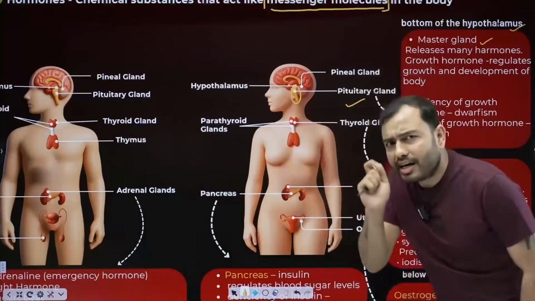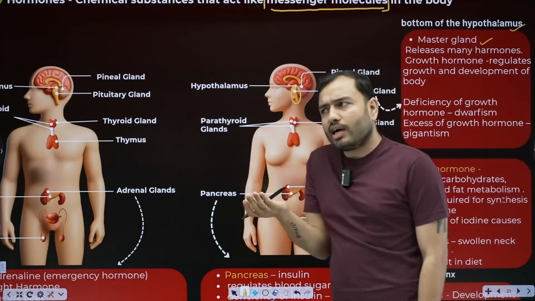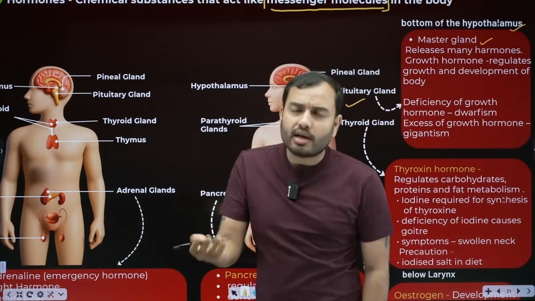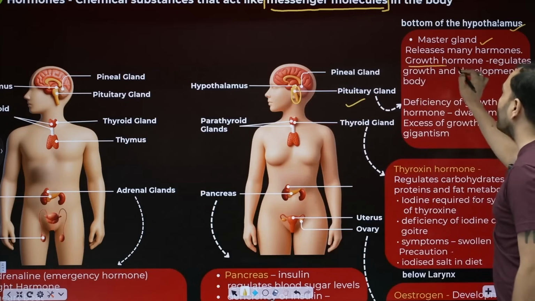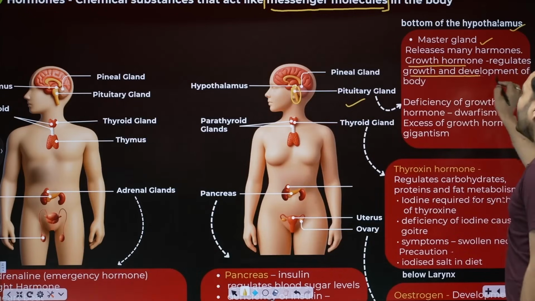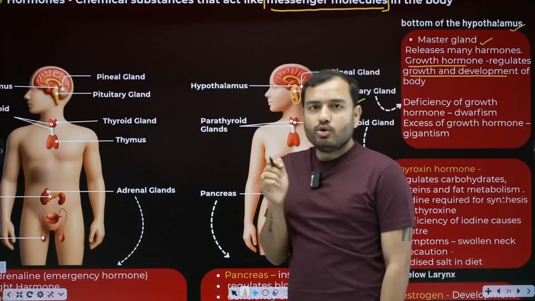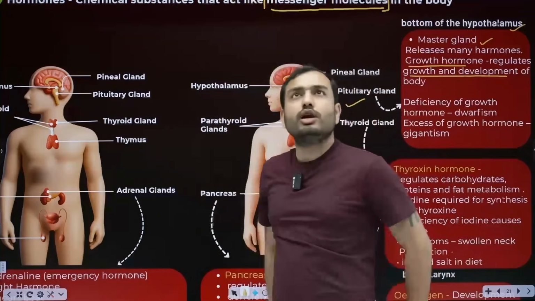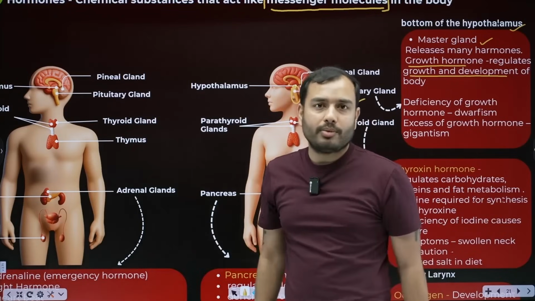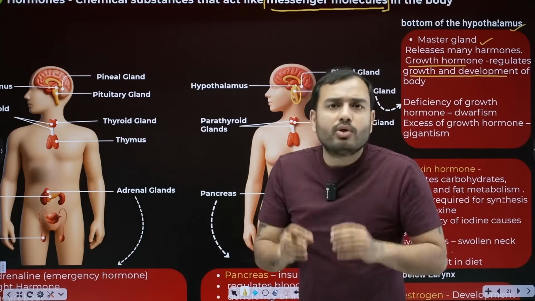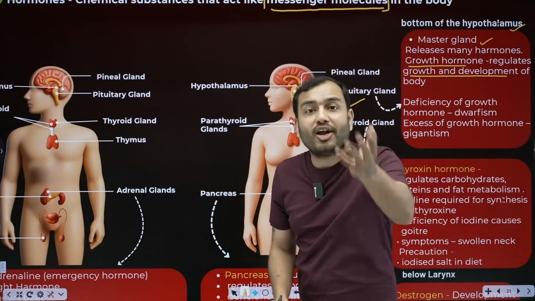Its most important hormone is the growth hormone. Now, since it releases growth hormone, what will its work be? To cause growth, to cause development. So the most important hormone is the growth hormone. What is its work? Growth and development of the body. There must be one boy or girl in your class who is very tall. You said he's like a giraffe. What happened? Too much growth hormone came inside. So when there is an excess of growth hormone, we call it gigantism, that he looks like a giant, tall and broad.